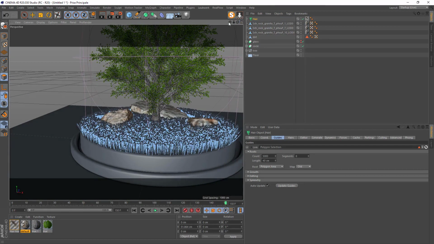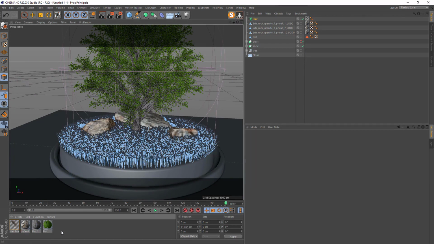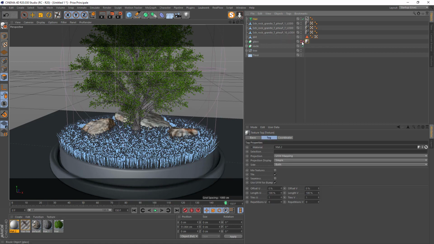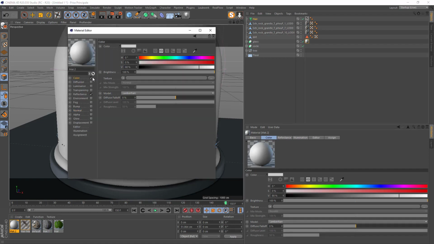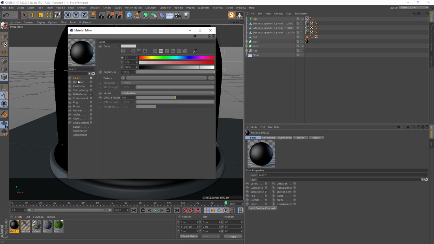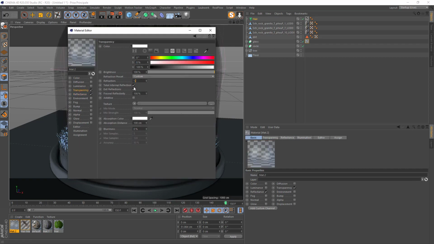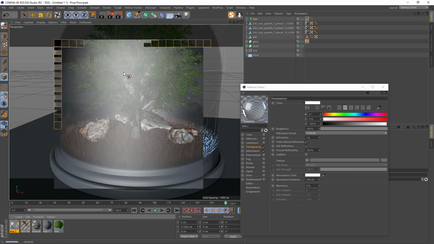Okay, it looks good to me. So now we can make materials. So let's double click here, add new material, add it to the glass first, so we can show it. Like that. Open. Color we don't need. We can go to transparency, sorry. Put refraction, put 1.57 or 1.6, it's okay. And that's all. So now we can see through the glass, normally.